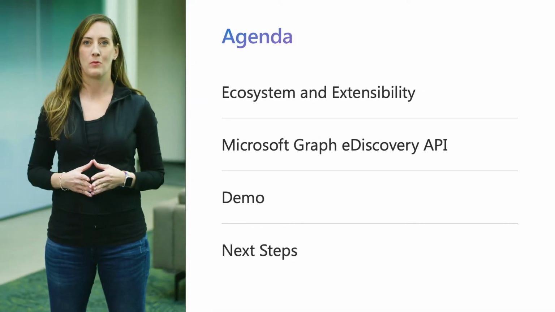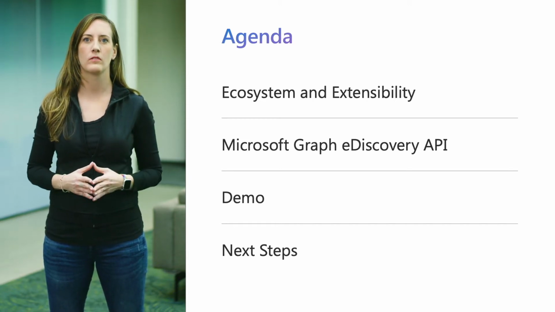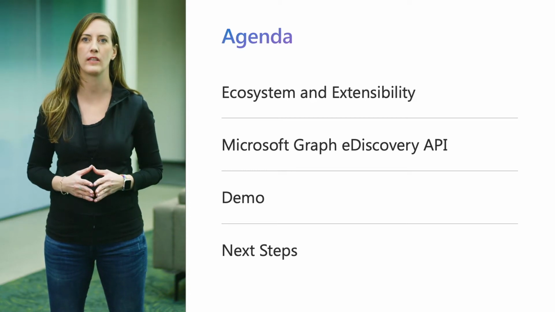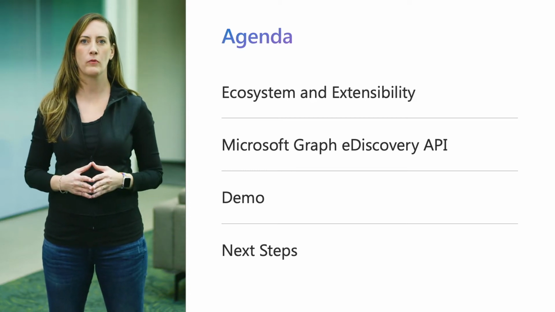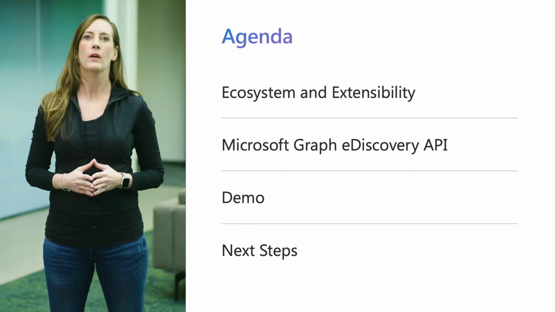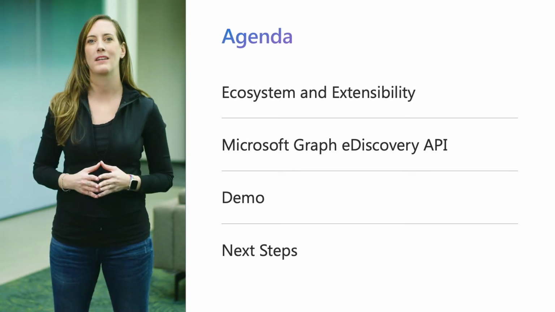Here is a snapshot of what we're going to cover today. First, a quick overview of our approach to building a robust ecosystem and extensibility platform to support organizations and the challenges they face. Then, we will give a brief overview of the Microsoft Graph eDiscovery API, followed by a demo. We will then close with next steps to help you find additional information and share your feedback to help influence